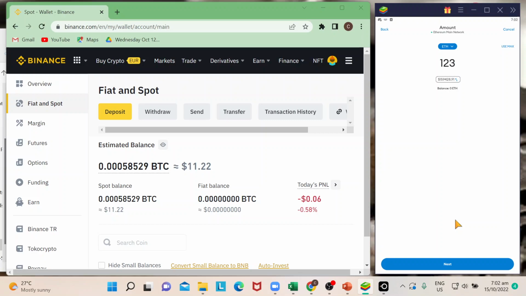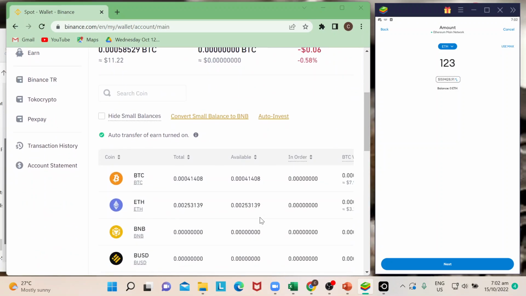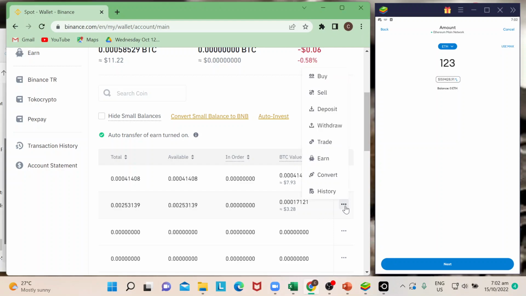But bear in mind that there's also a network fee associated with it every time you transfer tokens from your MetaMask. So say for instance I was able to process all of those, I would then go to my Binance wallet. Now pretending that this is the transferred Ethereum that's showing in here,